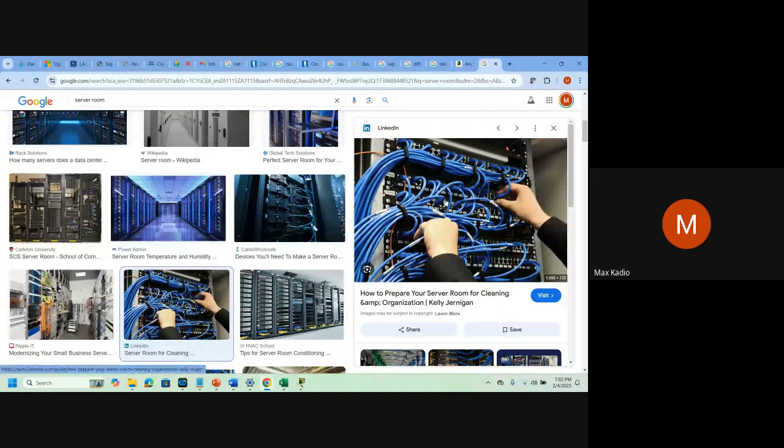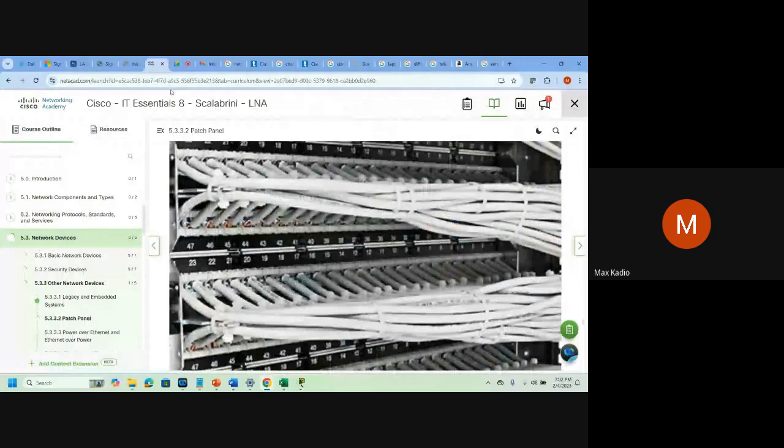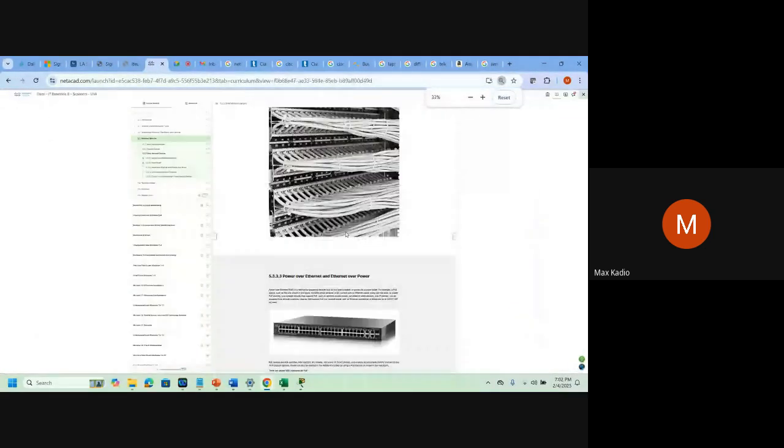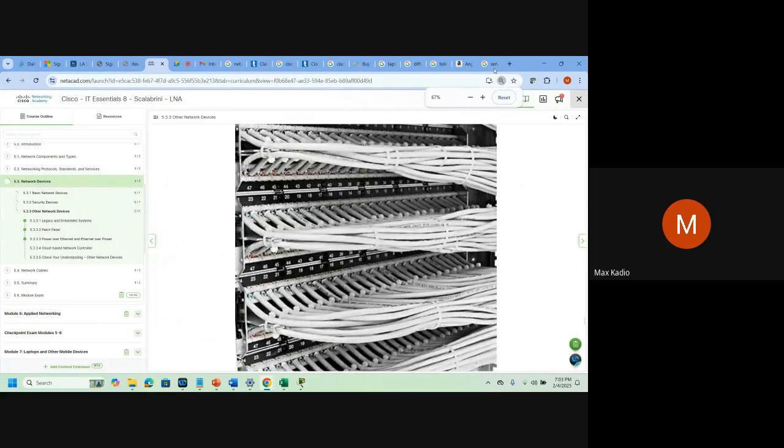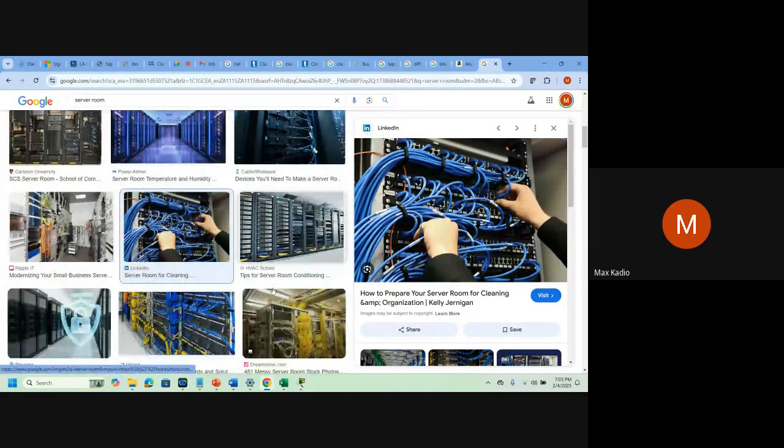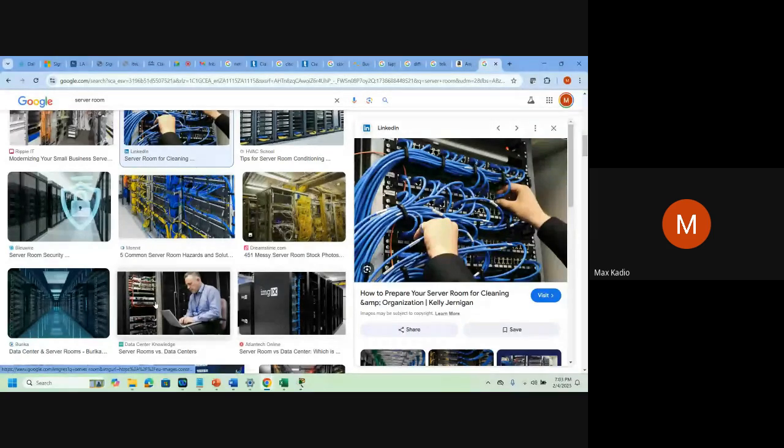These cables, you see, one goes from a PC, it comes here, and from here you plug it to the switch. So this thing you see here is called a patch panel. All these things come from a PC, and from there you plug to a switch. A switch is hidden somewhere. You see this guy, for example.